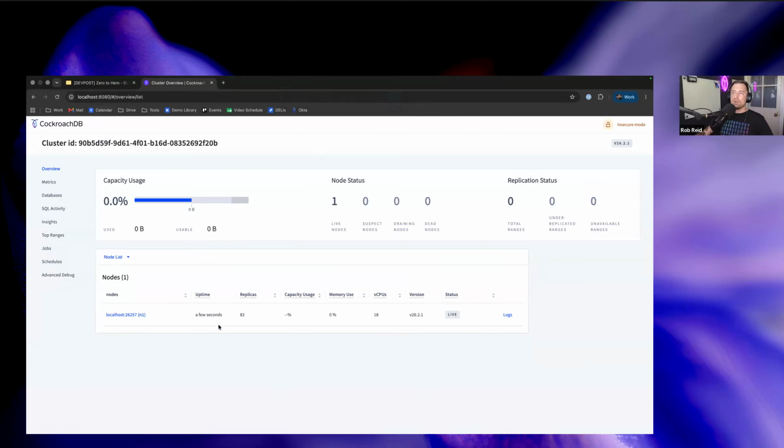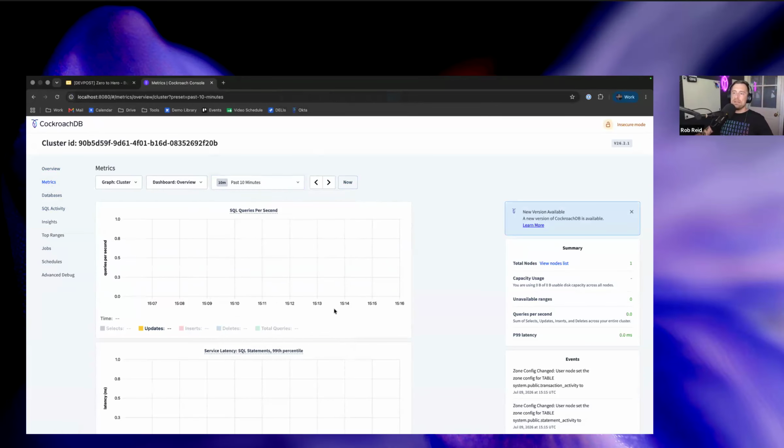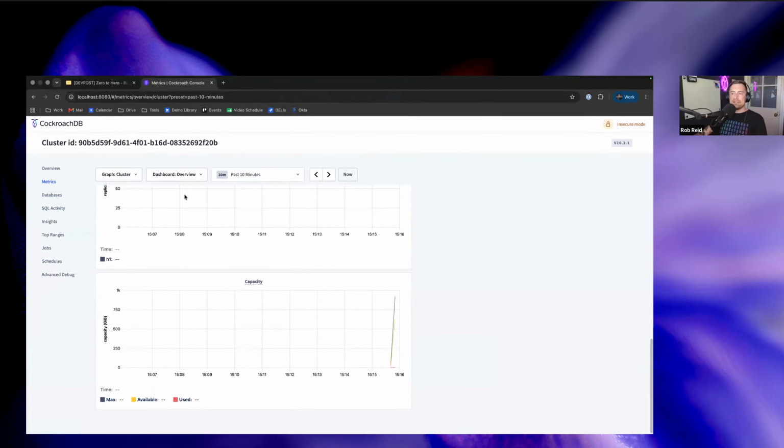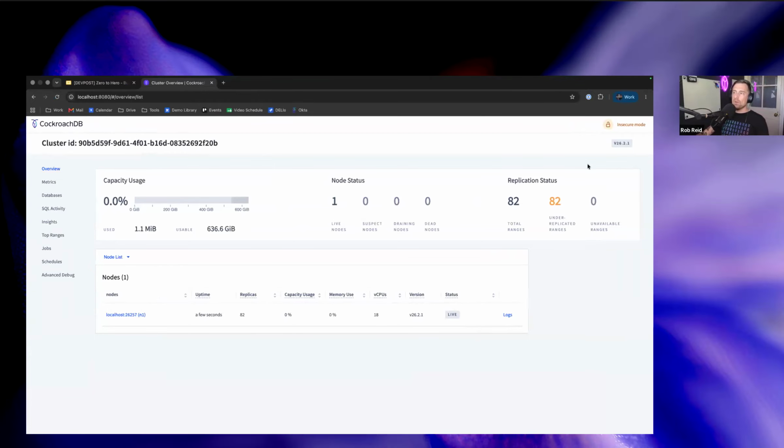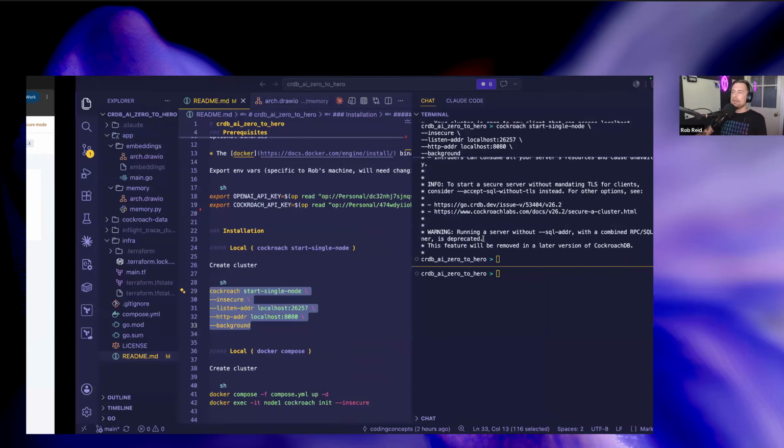And this is my single node cluster. So I can view metrics for the last hour, last 10 minutes. Anything that I run against this cluster is going to show up here. Now, my data is under-replicated because I only have one node. If I had 3 nodes, you would see that this is fully replicated. Now, I'll kill that,